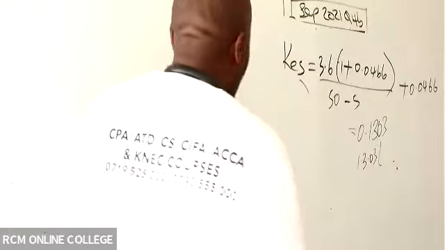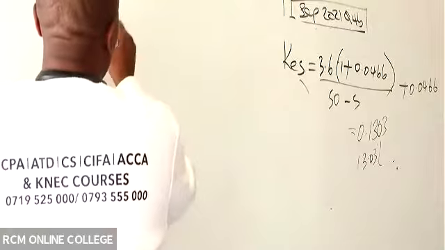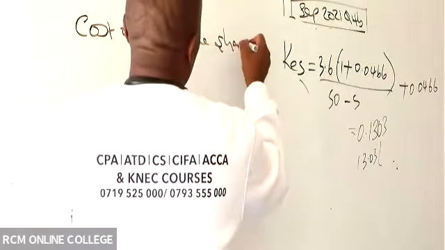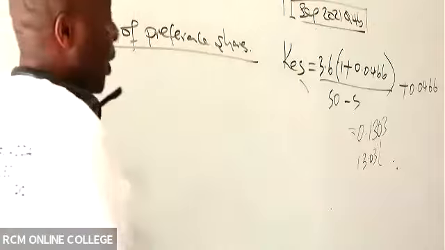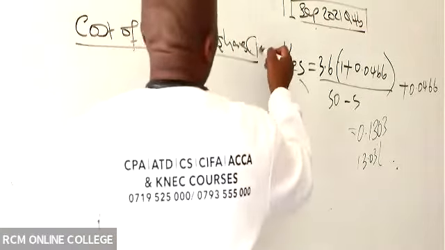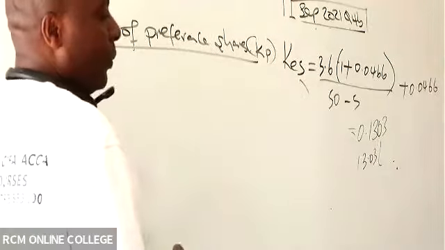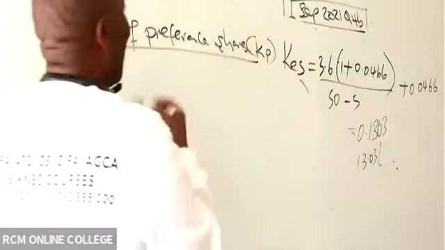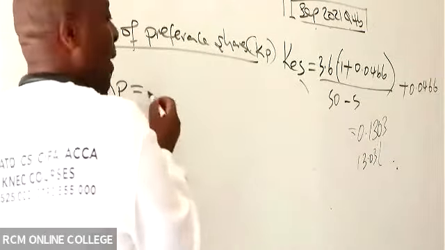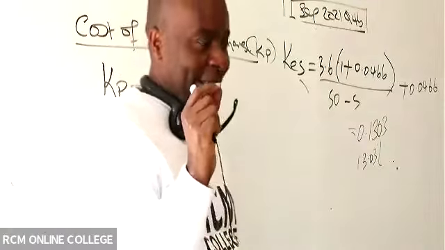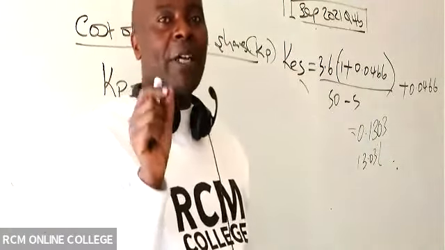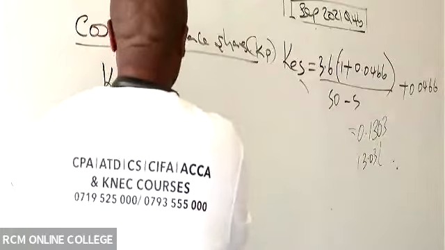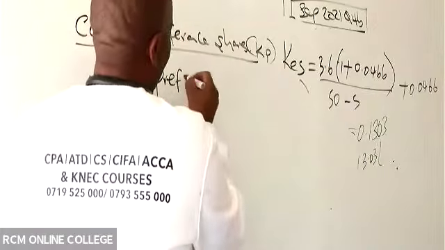And now we go to cost of preference shares, KP. I love KP a lot because preference dividends don't have a growth rate. Preference dividends normally come with a fixed rate of return. So I will be able to say here, KP is preference dividend